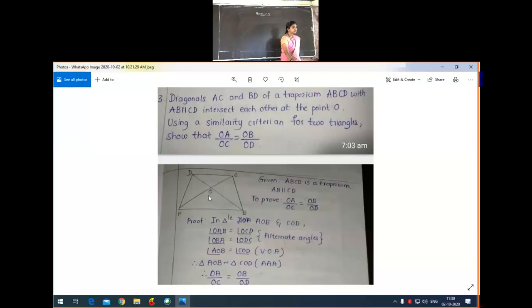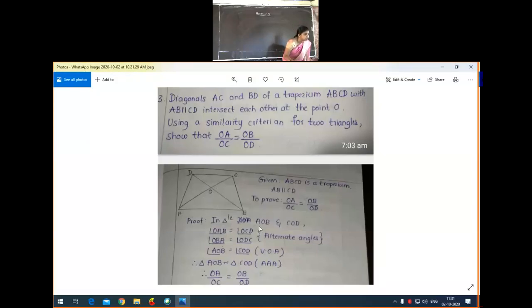So we are observing that this angle is equal to this, and here the lines are parallel, in the sense one side Z shape, alternate angles are equal. If we take it in the reverse shape, these angles are also equal. Here in this triangle AOB, all the three angles are equal to all the three angles of this triangle. According to AA criteria, these two triangles are similar.